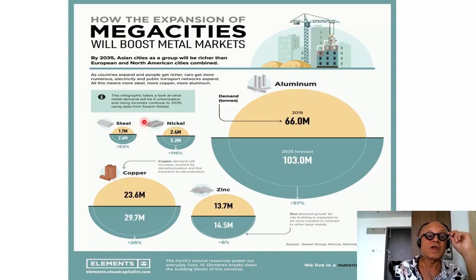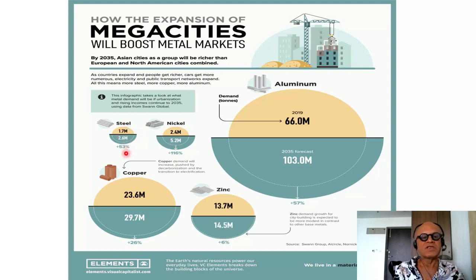So this infographic takes a look at what metals demands will be if urbanization and rising incomes continue to 2035, using the data from Swarin Global, which is the source referred to here. So Earth's natural resources power our everyday lives. Visual Capitalist Elements breaks down the building blocks of the universe. Okay, so here is steel